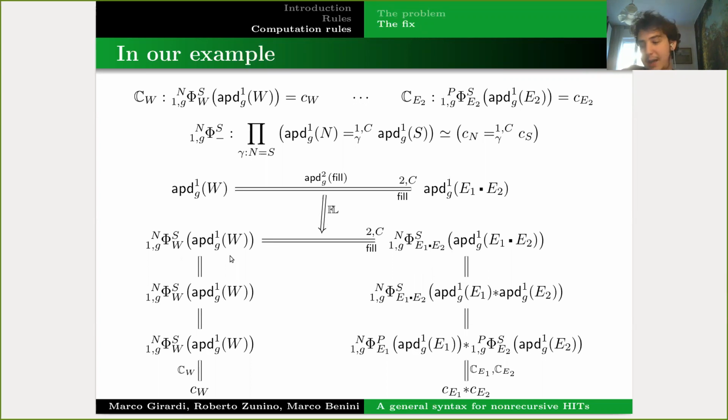And then we can do what we did before. In particular, here on the left-hand side, we can use the computational rule for CW to get, again, the induction method for W. And on the right-hand side, we need a little bit more work. We have to distribute the APD again, as we did in the previous example. And then we have to distribute this equivalence, which can be shown to be possible when it's properly defined. And finally, we can apply the computation rules to get our desired right-hand side. So in this way, we can